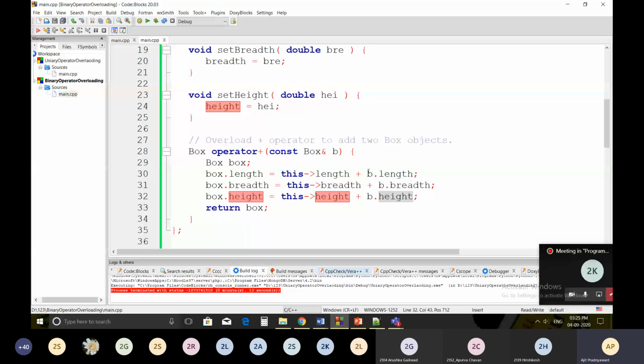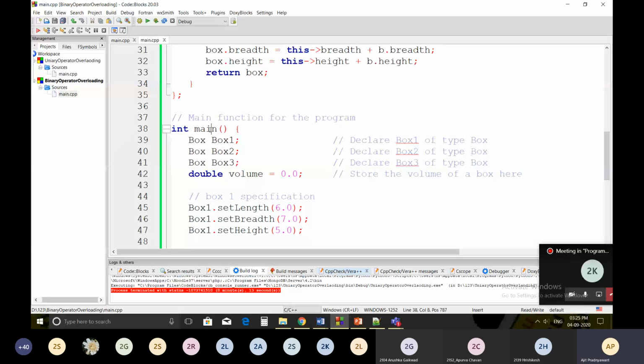So it will do the addition of all these three variables, it will be kept in the box variable, and that variable will be returned by this operator overloaded method. The return type is written over here, that is Box. So this is the way to do binary operator overloading.